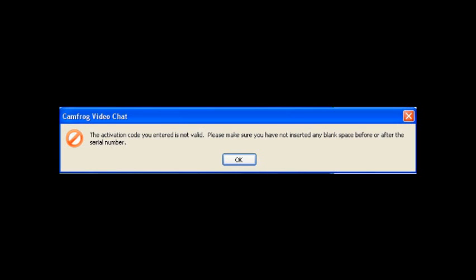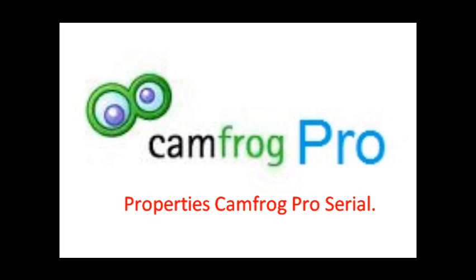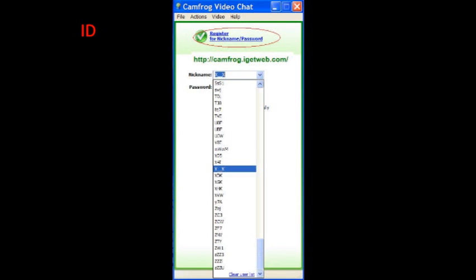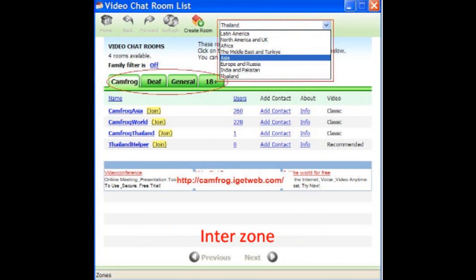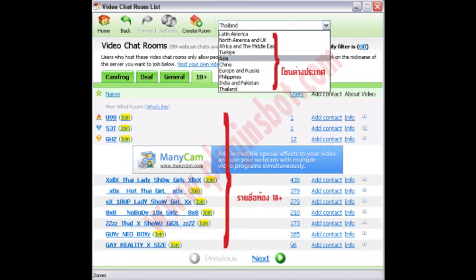Okay, property Cam Fog Pro series. The one is ID is the you can register Infinity ID and you can play Infinity ID. Okay, and next you can play the interzone. Okay, and next step, next property is the you can see the interzone and the 18 plus zone, and you can see many room list.